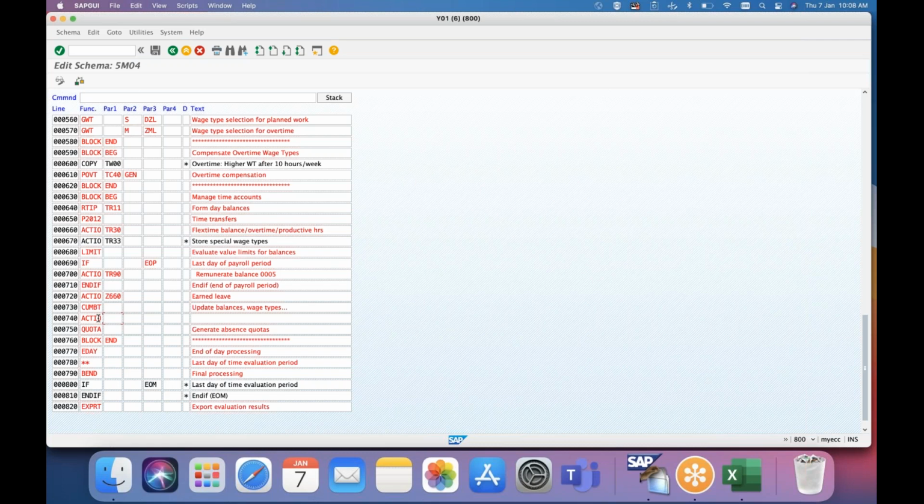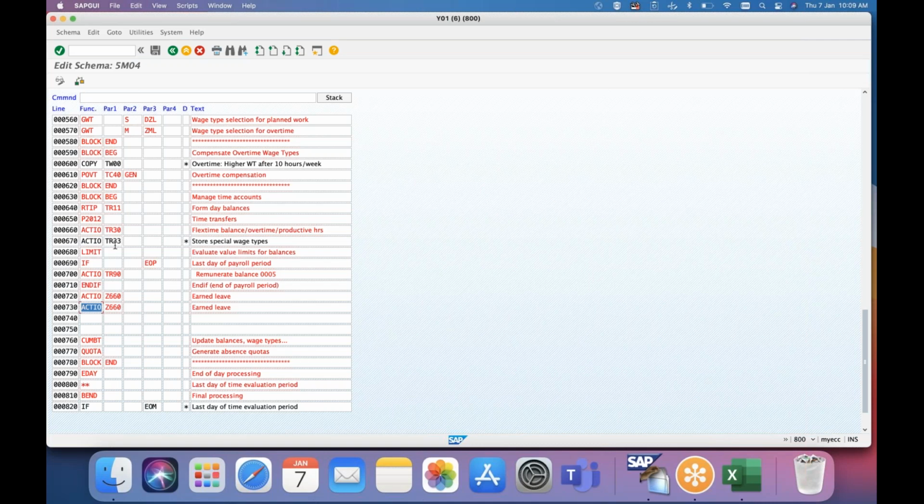How do we increase those numbers? You said something like R. See, we have D, which will delete the line. We have I to insert a new line. Again, I in the line place will insert another line. Say, for example, you want to copy the same line, so you will use R, it will copy the line. Only these three are there: insert, delete, and copy. So I, D, and R.